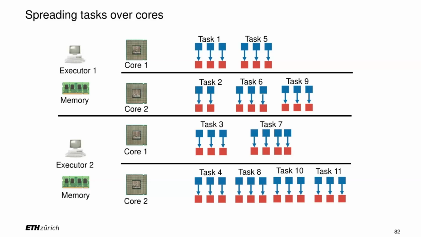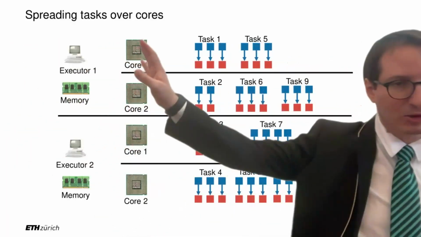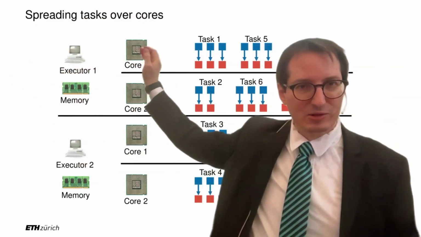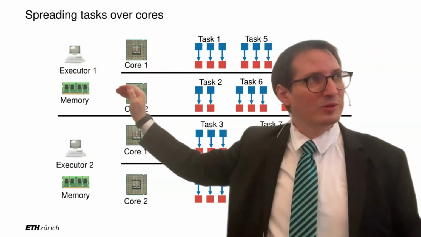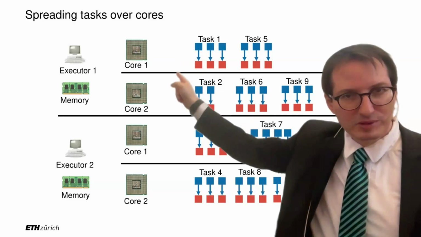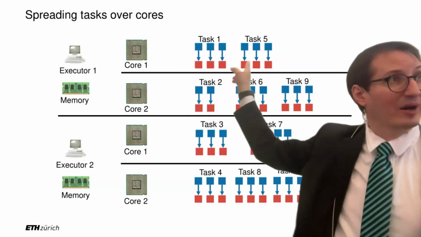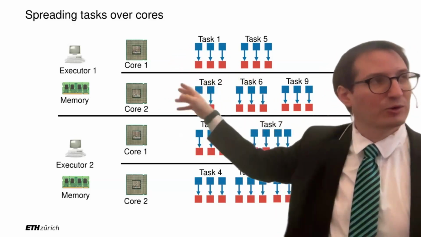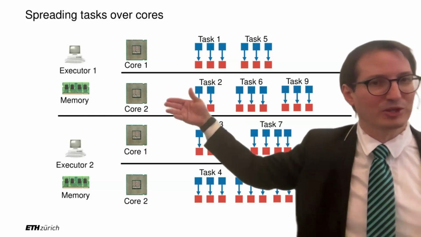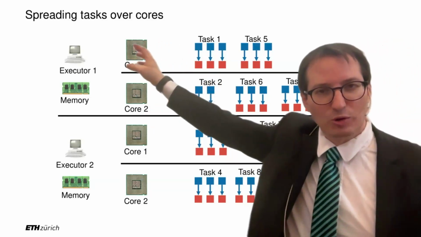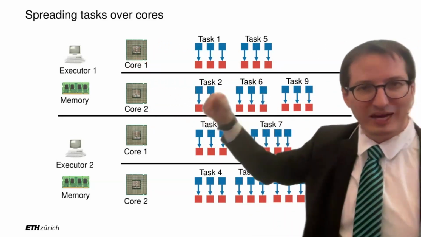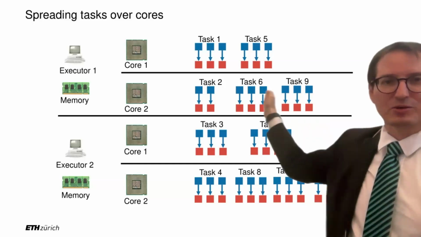Because there are multiple cores in every container, like this container right here has 2 cores, do you see that it can handle 2 series of tasks in parallel, right? Because each core, that's the purpose of the cores in the machine. It's to do things in parallel. So on one of its cores, it's going to take care of a few tasks, and another one of its cores is going to take